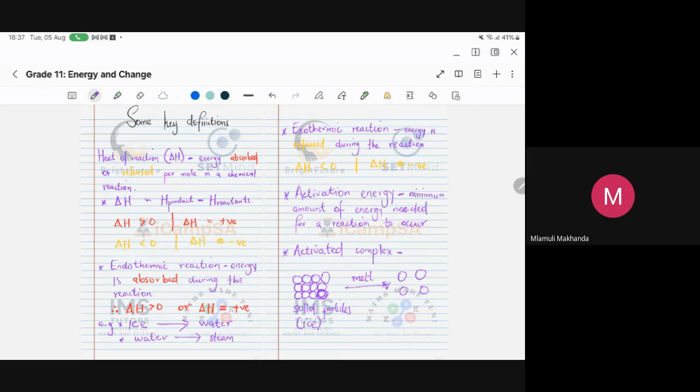Right. During the melting process, these molecules will start breaking up. The bonds between them will start breaking up. So what happens is,